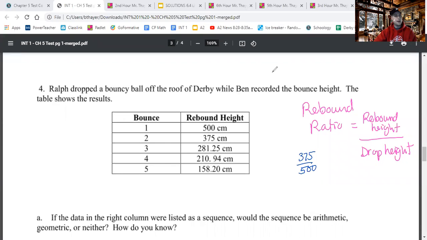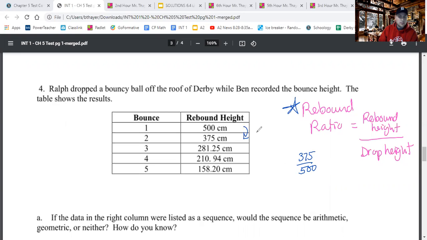All right, for number 4, Ralph drops a bouncy ball off the roof while Ben records the bouncing height. Remember, the rebound ratio is the rebound height divided by the initial drop height. So as you study this table, you'll see the bouncy ball is bouncing less and less off the ground. So a quick check on your calculator, 375 divided by 500, you would notice that each